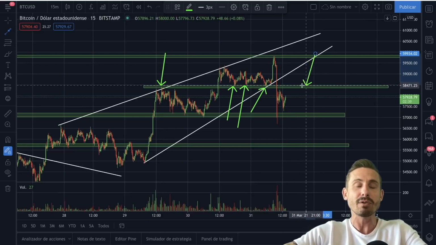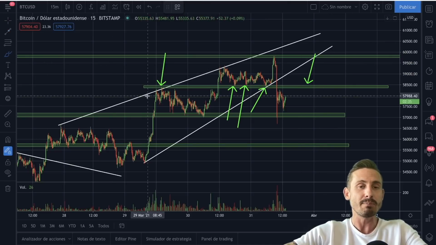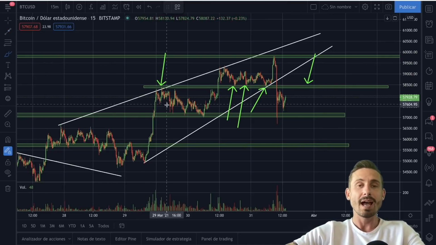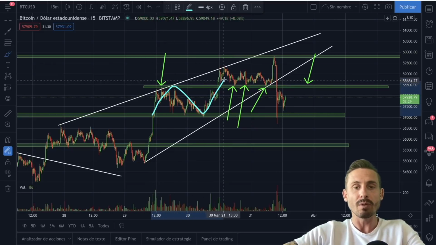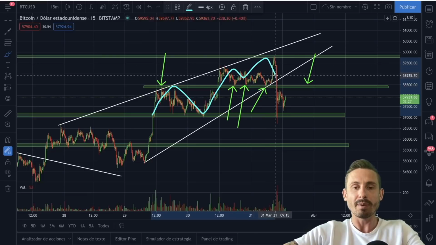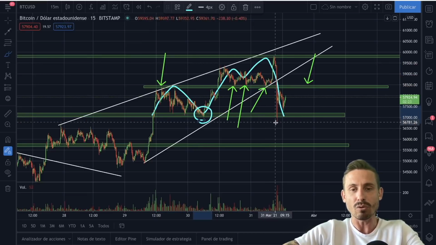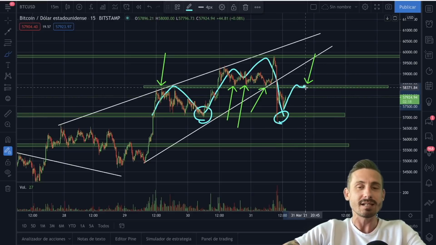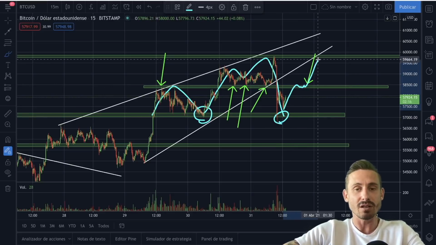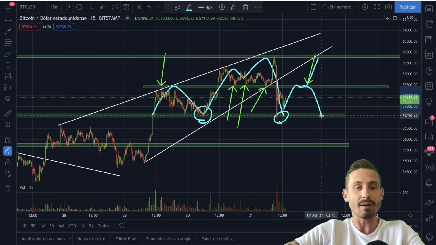What happens if we do not break this resistance area? Well, we could potentially be forming a shoulder, head and shoulder pattern. As you can see, we have the left shoulder here. We came all the way up here, forming the head, okay, and now we are bouncing again at this support area. We might be fighting this resistance area. We need to break to the upside here, okay, and if not, we are going to come back down and